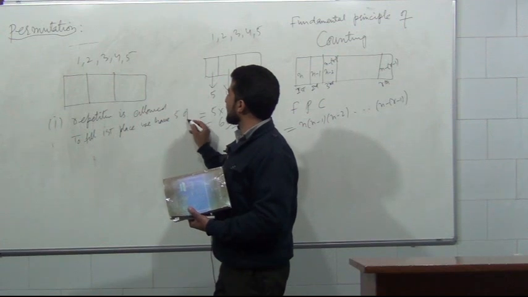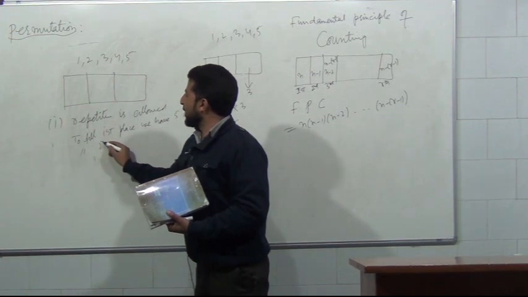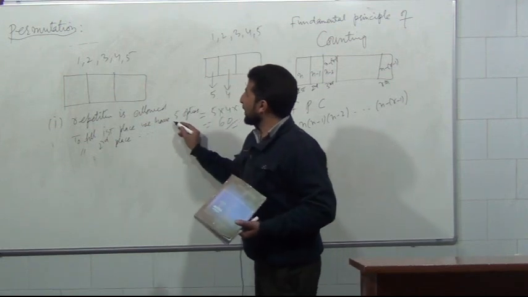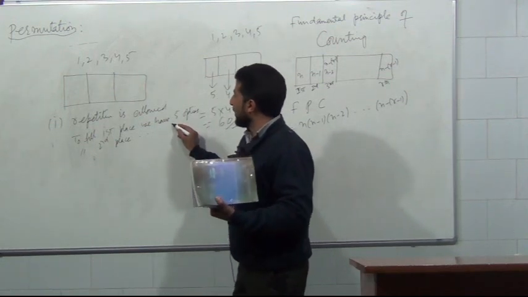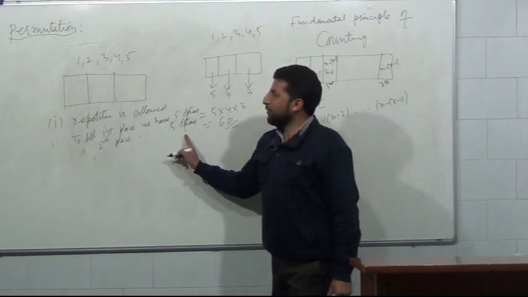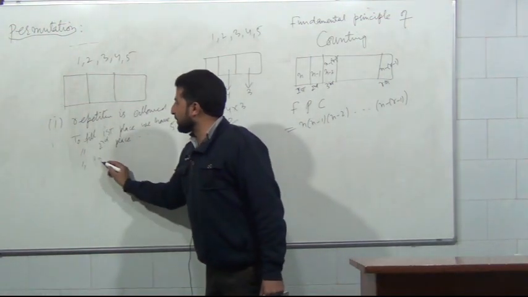Yes, 5 options. To fill the second place, how many options do we have? Not 4, but only 5 options. Why? We have exactly 5 options because the repetition is allowed. And to fill the third place,